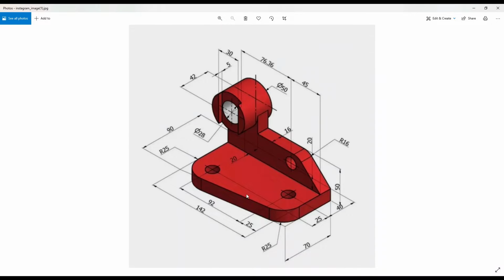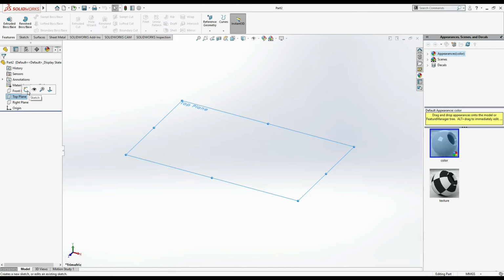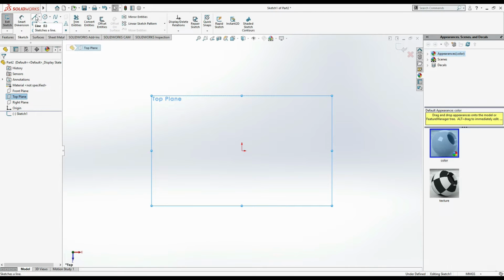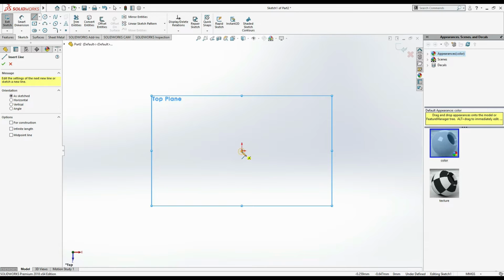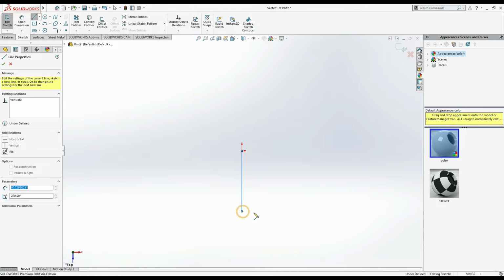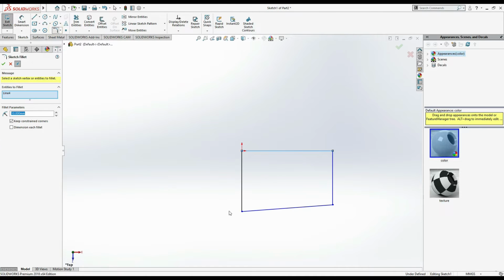So what we have to do, as you can see, this is quite simple as we have been drawing in previous videos. First, we draw this base on the top plane. So let's start: top plane, sketch and line command from origin to a vertical line, then a taper line, then a vertical line till this point and origin. Okay, now go to fillet, fillet this side, escape,